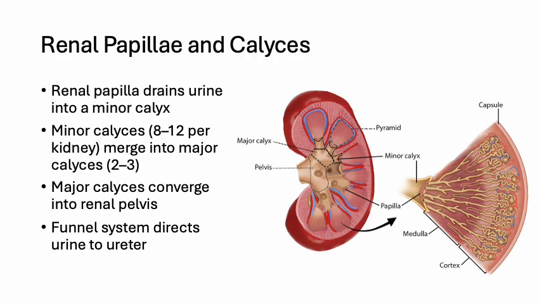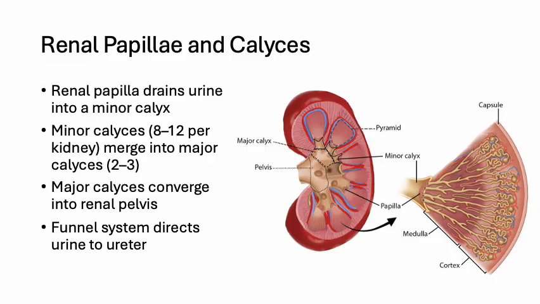At the tip of each renal pyramid lies the papilla, the point where newly formed urine exits the medulla. From here, urine flows into cup-like structures called minor calyces. Several minor calyces join to form a major calyx, and then these converge into the renal pelvis, which is a large collecting reservoir. This funneling system ensures smooth transport of urine from the microscopic filtering units to the ureters, minimizing